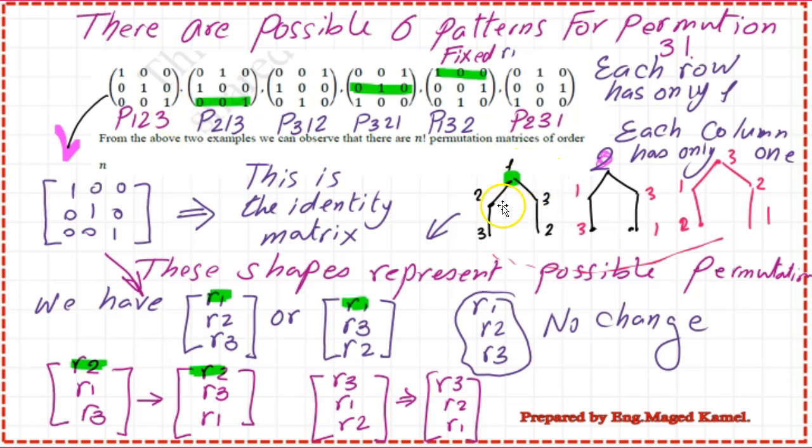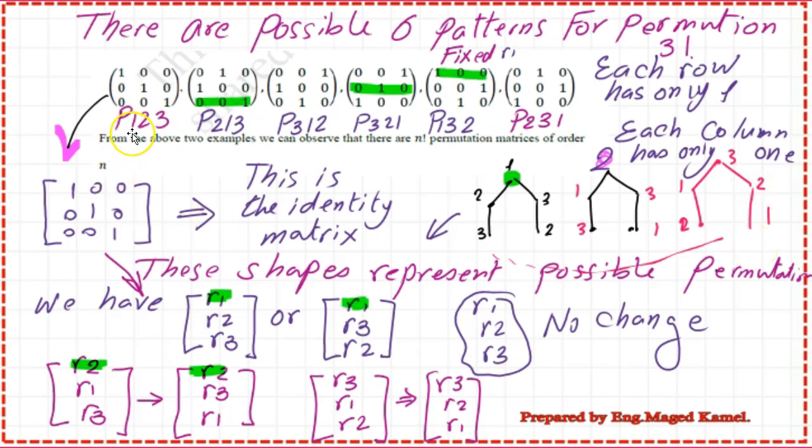This is a diagram. We have 1 2 3. What are the possible other patterns? And still we have 1 here. The only possibility is that instead of 2 it becomes 3, and instead of 3 it becomes 2. This is the second pattern. For the third pattern, we have 2 at the top. What are the other remaining numbers? We have 1 and 3. So we have 2 1 3. And the next possibility for that pattern is to have 2 3 1. And the last pattern, if 3 is at the top, then we have 3 1 2, or the possibility of 3 2 1.